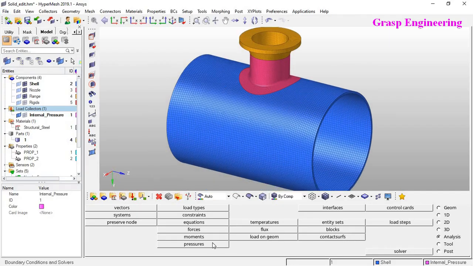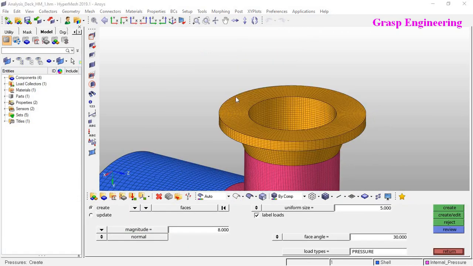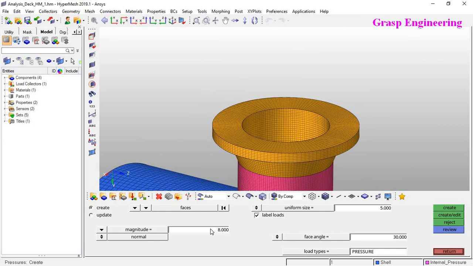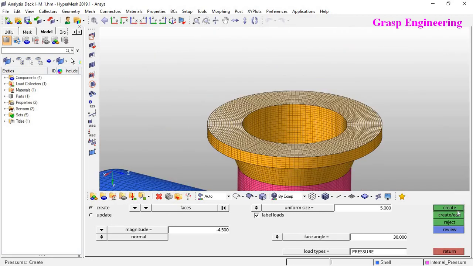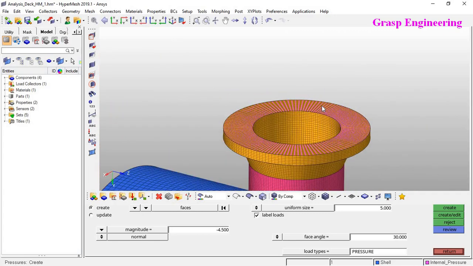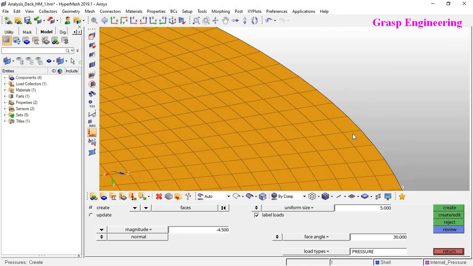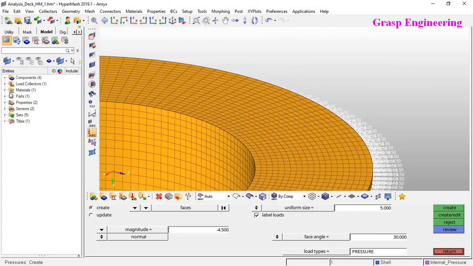So let's go to pressure. Now let's create the compensating load, let's put in the value which we calculated, and here you can define it either by element or surface. Let's select the respective face and create. Now if you want to zoom, you can check that, 4.5.